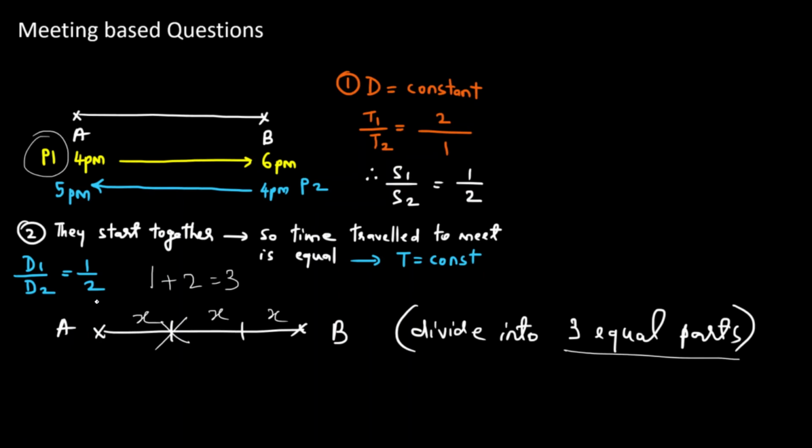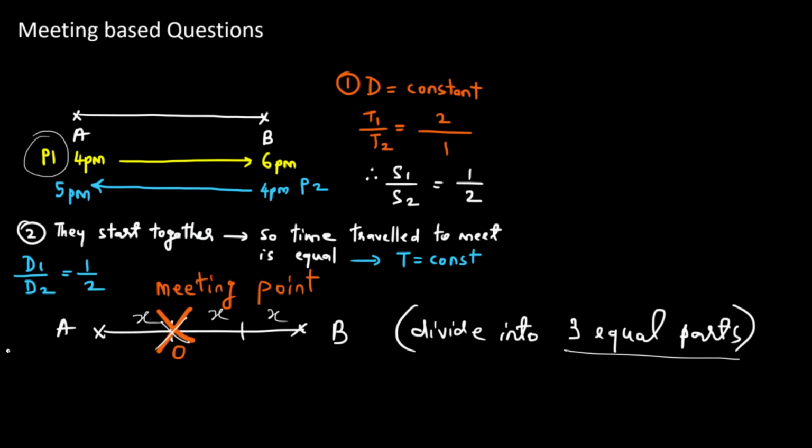So this is the point where they will be meeting. So if we know the distance between A and B, for example, in the question, if it's given that the distance between A and B is 3 km, then the meeting point will be 1 km from A. Alright, now let's proceed. So we have identified the meeting point over here. Alright, now let's proceed to find the time of meeting. We need to know at what time they meet.